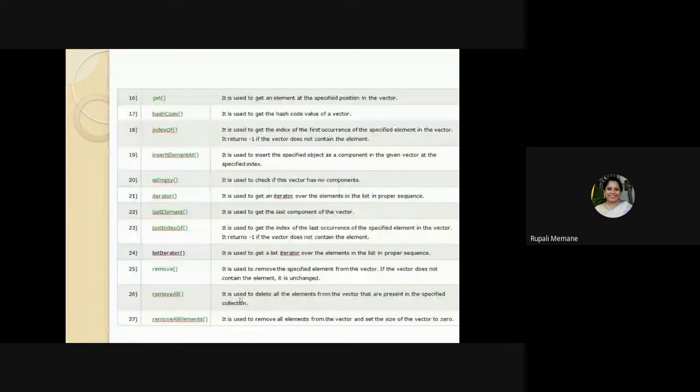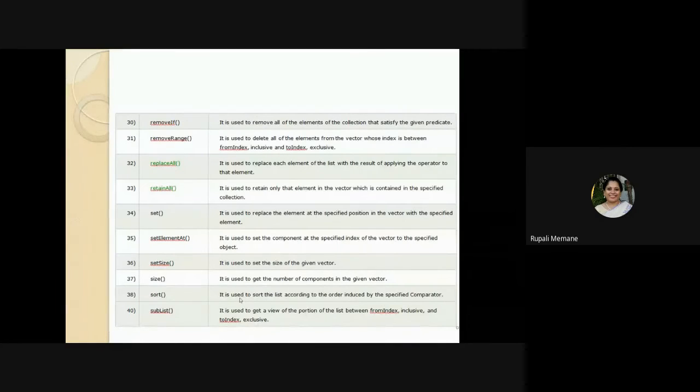So now before proceeding with the other methods, I have a method called removeIf. Now what does removeIf do? It is used to remove all the elements of the collection that satisfy the given predicate. So here in the bracket, if I pass removeIf, let's say the element is where the element starts with T. So I have given this specified condition, the predicate, so it will check for the predicate condition, and whatever elements fulfill that condition, it will remove. So removeIf will need a specified predicate to check for that condition.